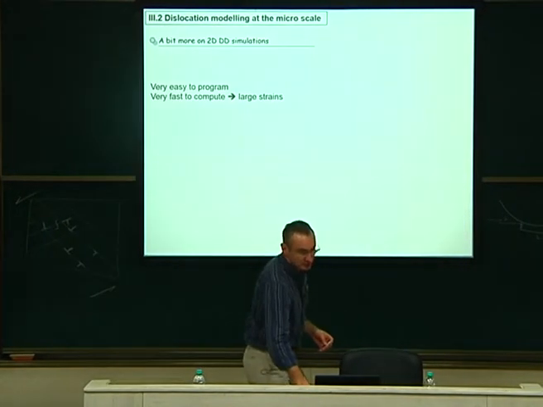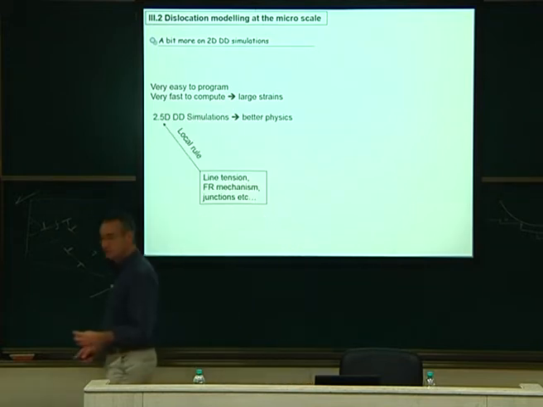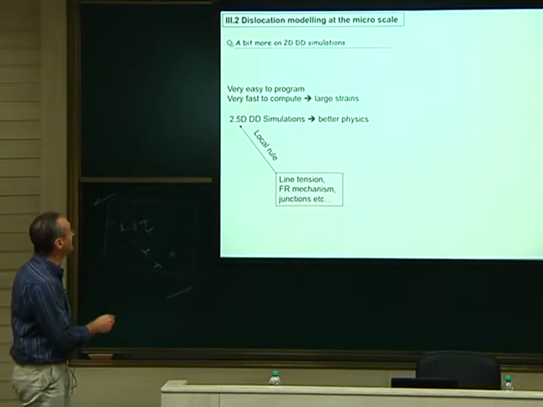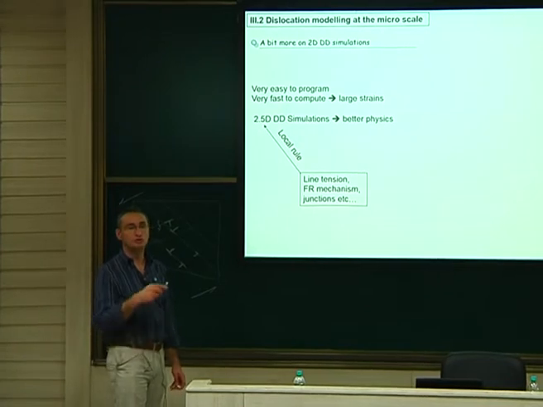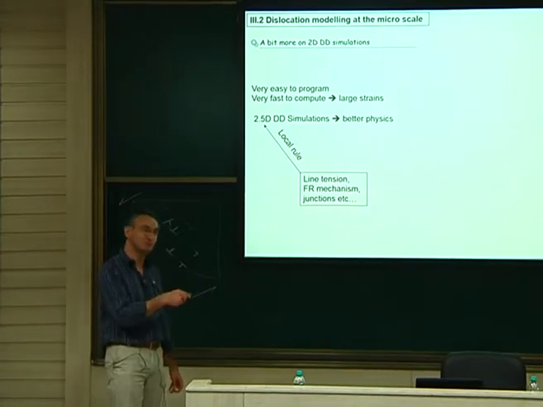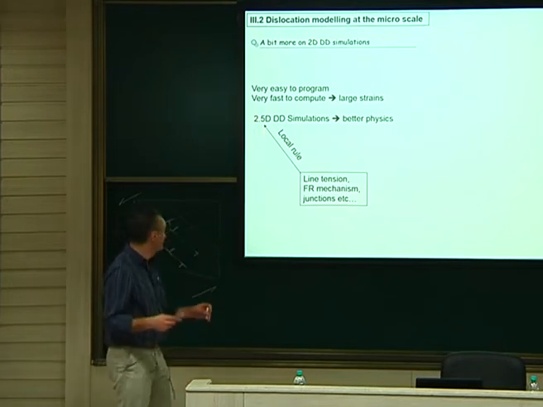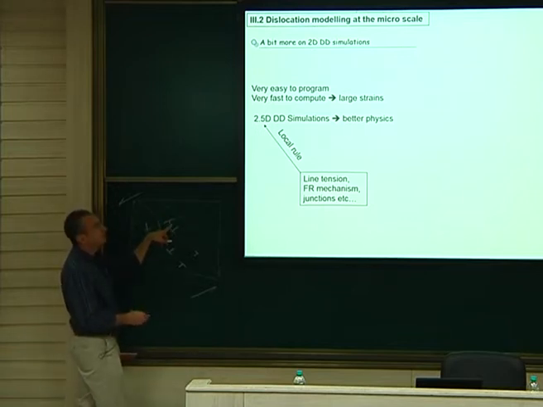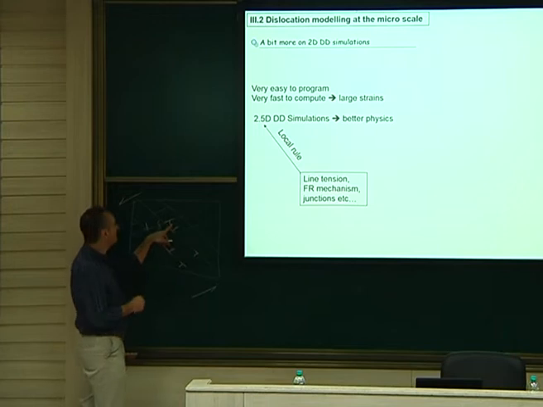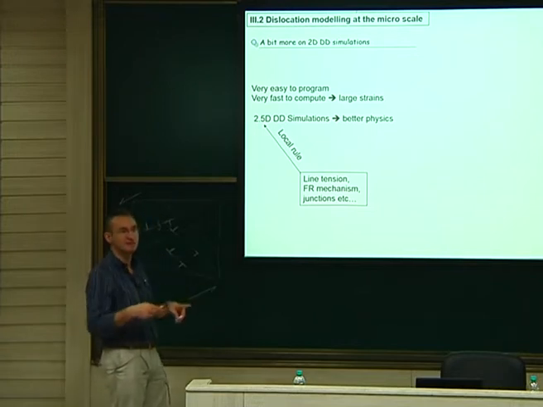Let's go to the 2D, a little bit more on that. It's easy to program. It's fast to compute. I told you this, but something is missing. Because something is missing, some smart people said, okay, let's go for what we call 2.5D. So it's not 3D, but it's not 2D. 2.5D means that they say, okay, I know that this is wrong, so I will correct a little bit the dislocation interaction so that it will mimic a junction. Sometimes this could create a junction, so in some cases I will put in the fact that you may have formed a Lomer-Cottrell lock between the two, so I put some extra stress there.